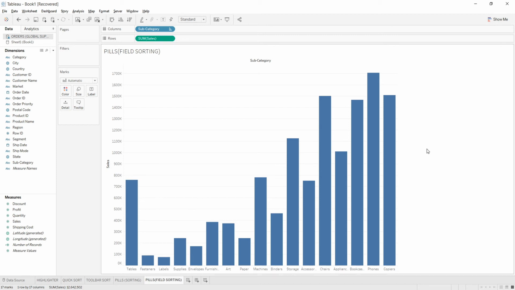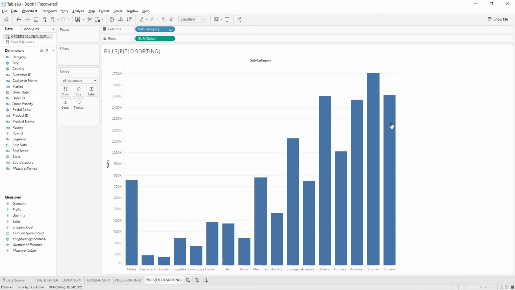Now you can see the field that is shown first is tables. Now you can also be confused that the value of the table is not small. For that, I want to tell you that the bar chart is being created with the amount of the sales. That is, this is the amount of sales that tables are performing. But the sorting is done on the basis of profit, which means that because tables have the least profit, that is why it is coming at the front. So the one which has the least profit will be coming at the front, and the one which has the highest profit will be coming at the last. Which means copiers have the highest profit, and that is why it is coming at the last. Where the bar size will be represented via sum of sales.